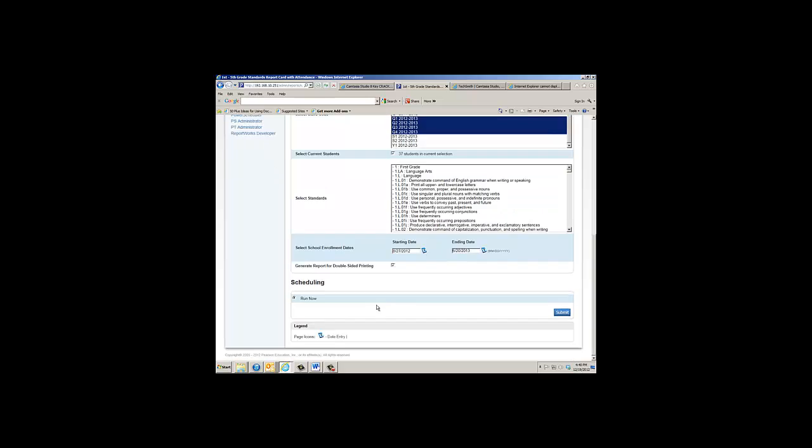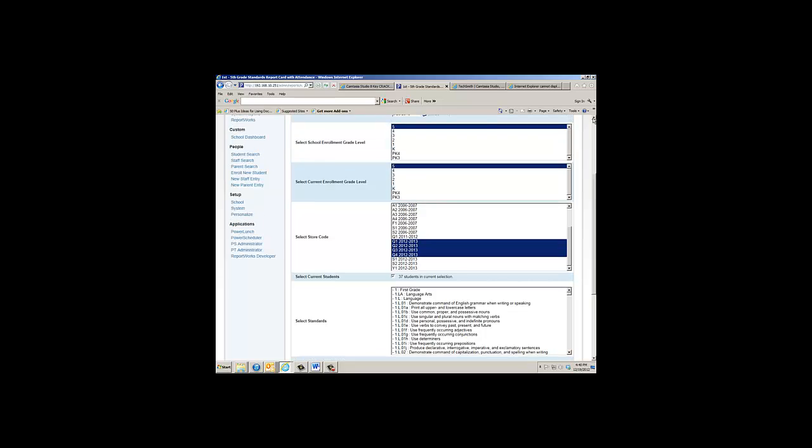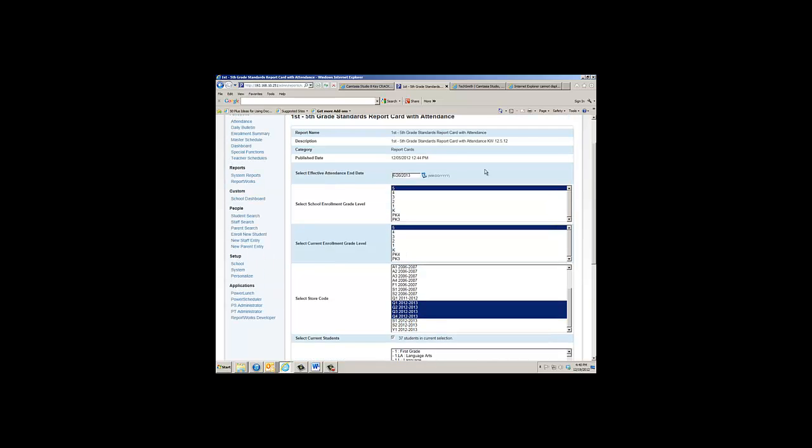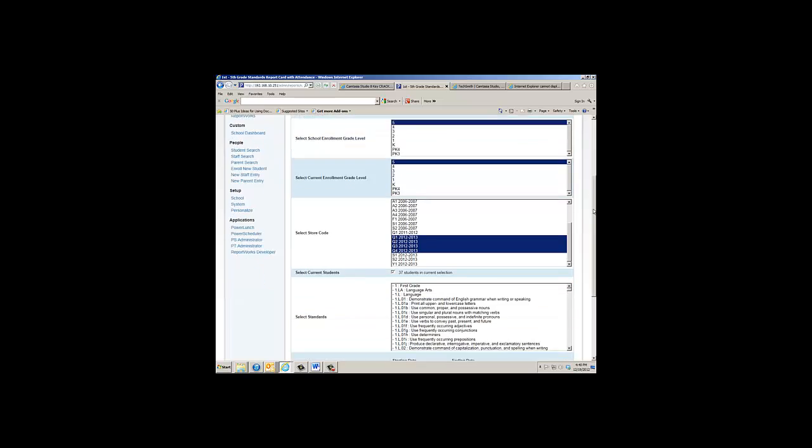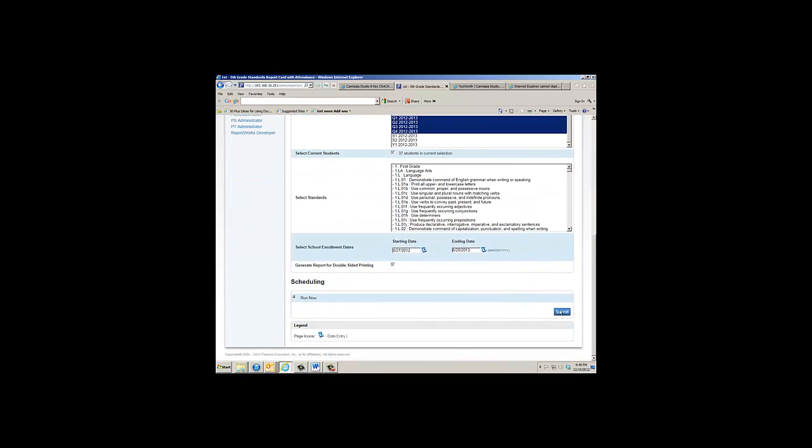So I got my dates. I got double-sided. I got my standard selected. I have the quarters selected for 4 quarters, grade 5. My date for attendance, and we're good to go. So now we're going to submit,